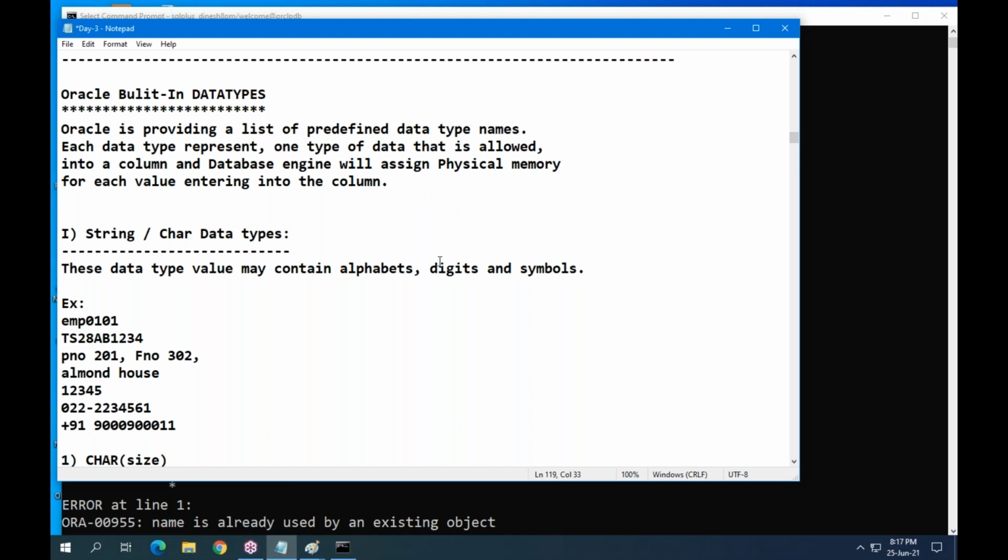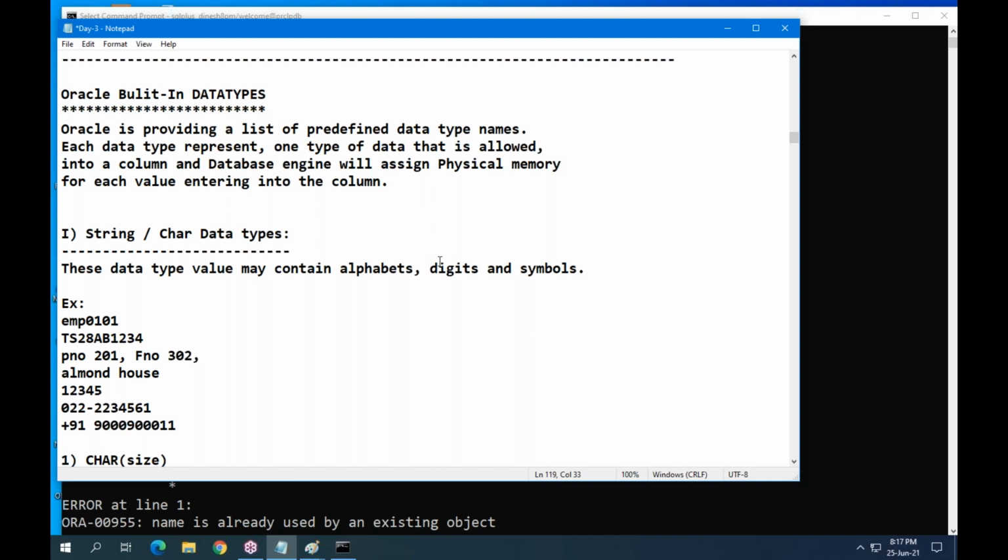Immediately the student replies char, varchar2, number, date. That is wrong. In Oracle, we have 2 categories of data types: built-in or predefined data types, and user-defined data types.